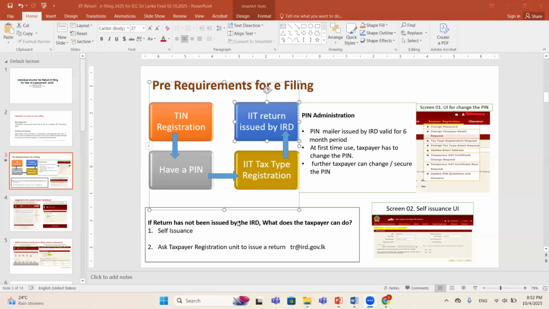Right, so assume now you do have a PIN, you do have a TIN, tax type registration is already done, and the return has been issued. In that case, no issue, you file the return. But there are instances where some have a PIN, and the PIN already issued by the IRD, but the PIN